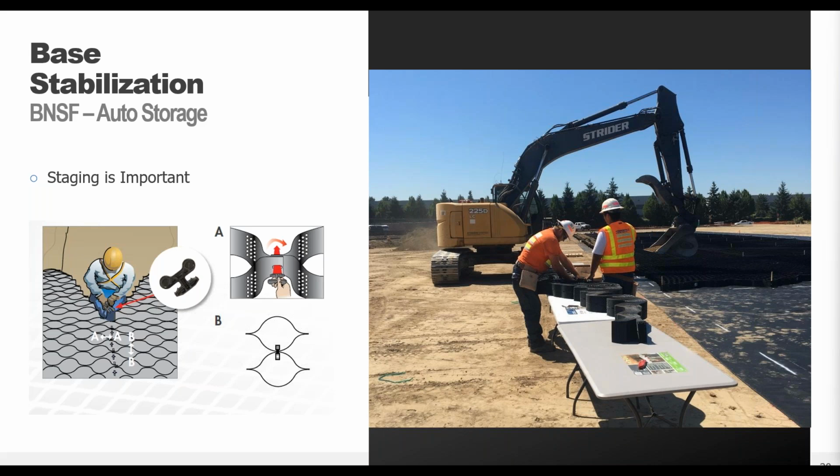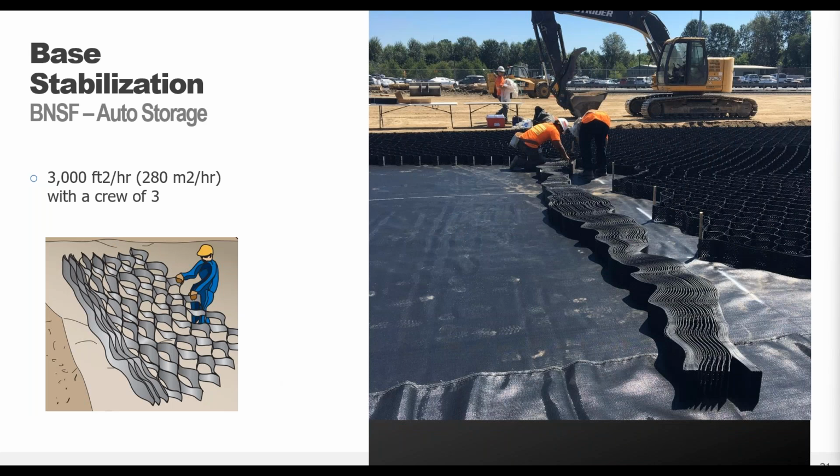Each panel has an area of about 270 square feet or 25 square meters, and this contractor is using the tables to connect 3 panels together, providing a total area of over 800 square feet or 75 square meters. The staging tables allow the workers to stand while connecting the panels for a quicker and more ergonomic pre-assembly. The panels are then transferred for installation.